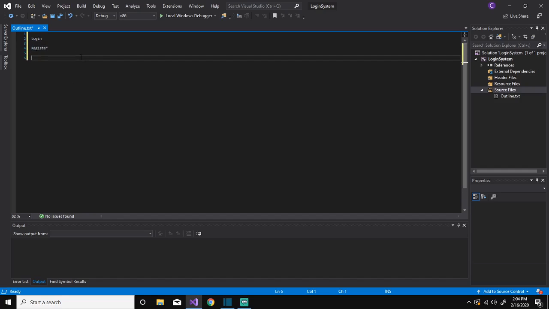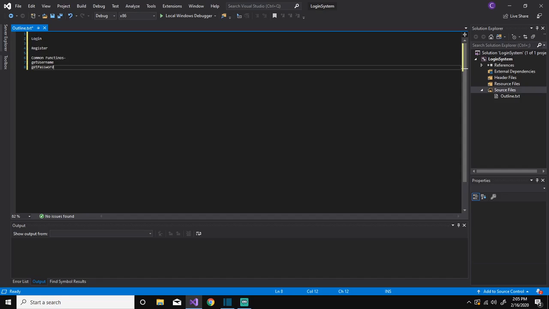So I'm thinking we're going to need to get a username when we're logging in, and we're going to need to get a username when we're registering. So get username is one function that we can use, and I'll just go ahead and say common functions, something like that, spelled wrong, whatever. Also in register and login, we're going to need to get a password,